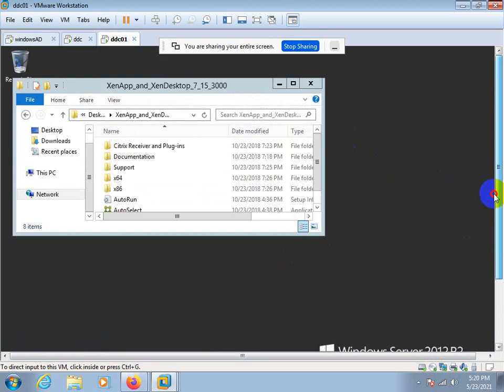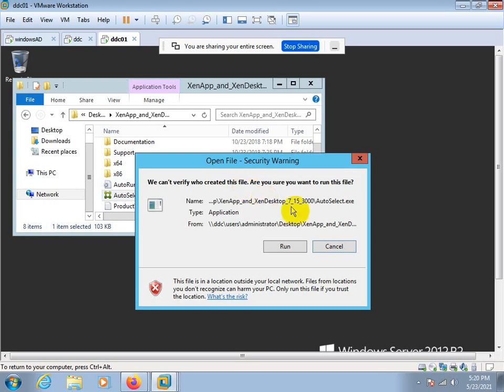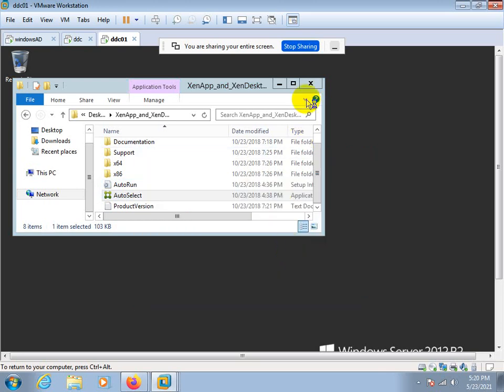Apart from maintenance mode, in 6.5 we used disable logon. Remember that. Disable logon is to perform any maintenance activity on the server. While we enable disable logon, users will not be able to log in on that server. Only the administrator can log on. Suppose you want to perform any maintenance activity on the server, first you need to log on to the server, then disable logon, and after that you can perform your maintenance activity.